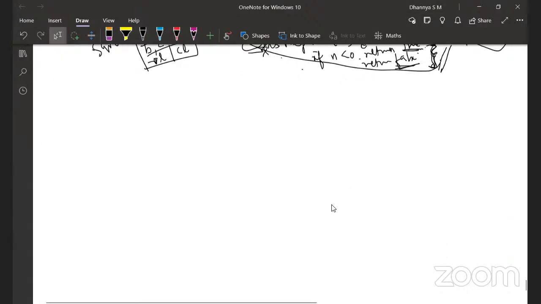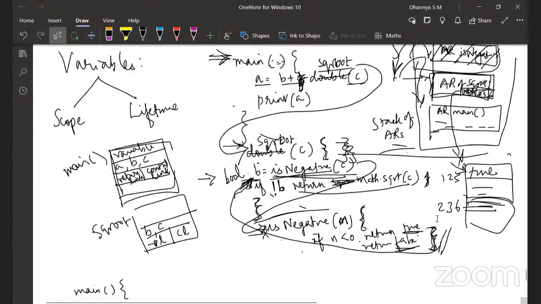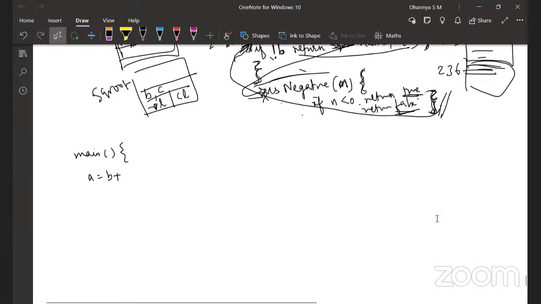So you have in the main method a stack, which is computing say A equal to B plus square root of C. Okay.